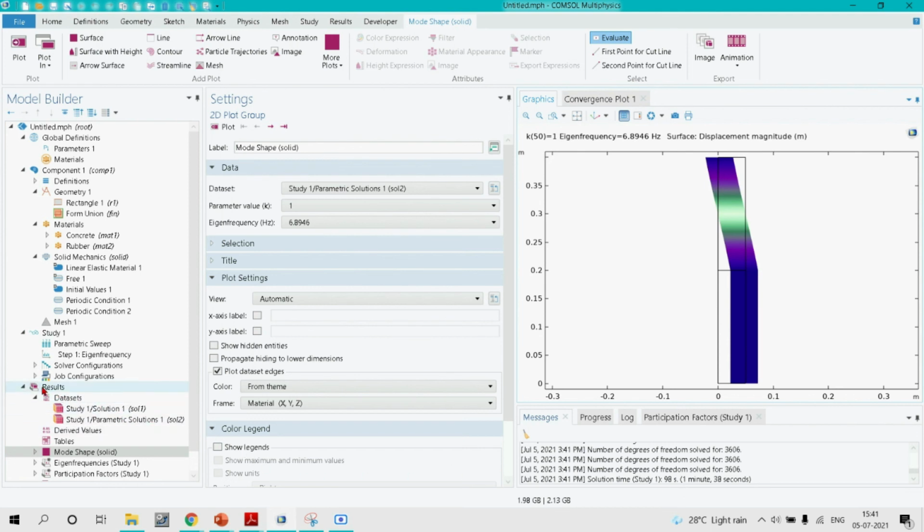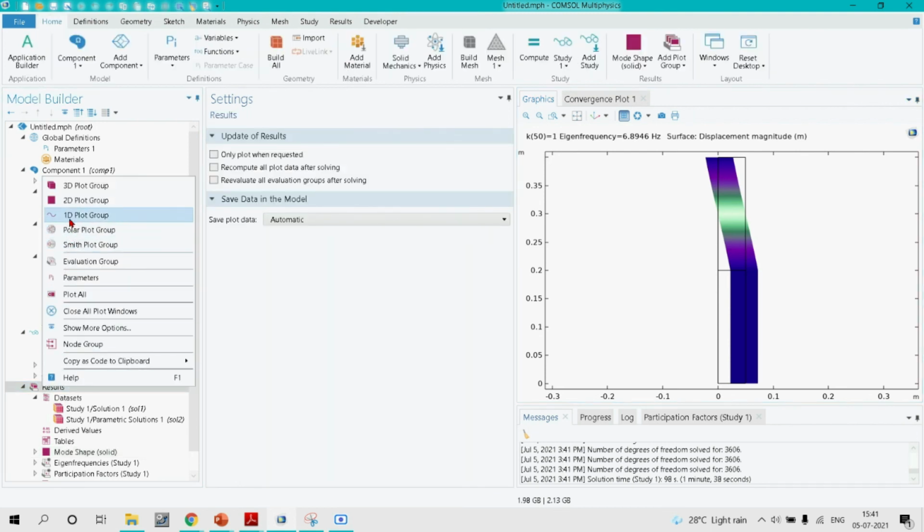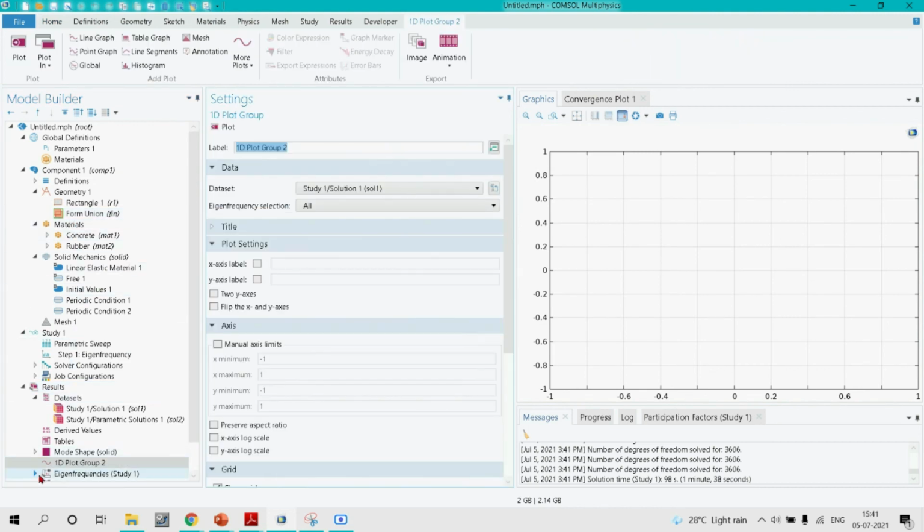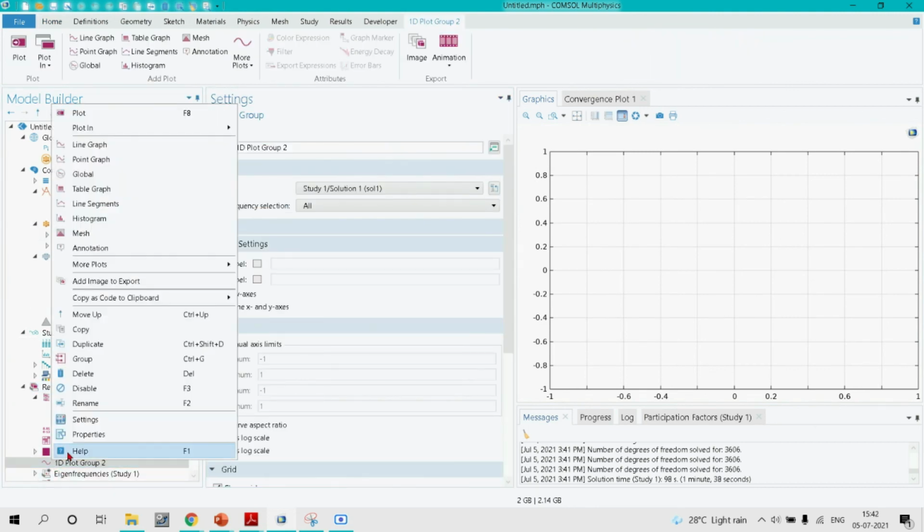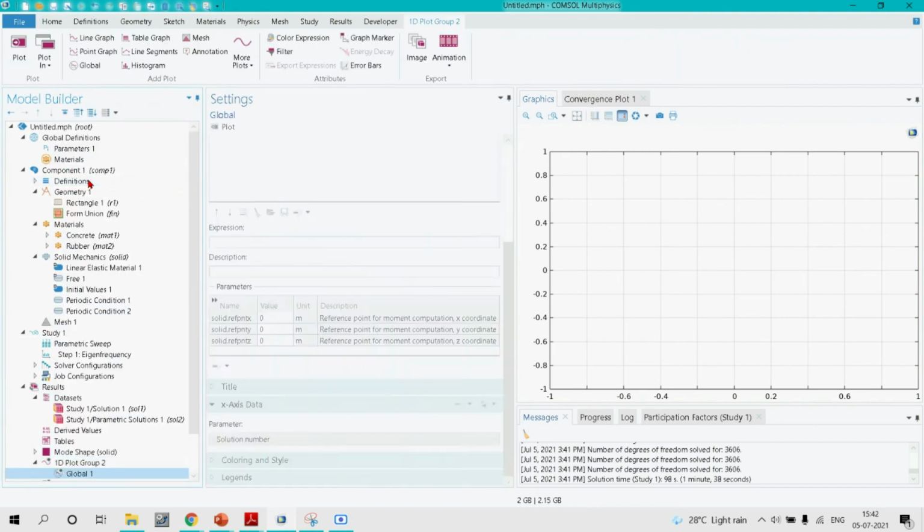Now to see the dispersion curve for the band gap, we know that band gaps are nothing but a graph between the wave number k and the eigenfrequencies. So to plot those, we need to right click on results. In results, we have to select 1D plot group. In the 1D plot group, again right click and go to global.